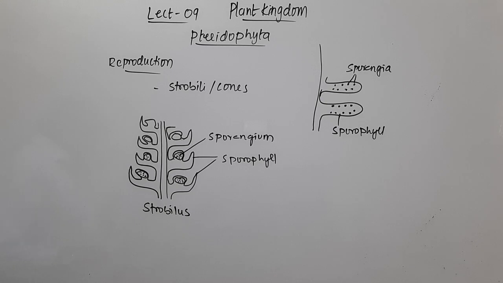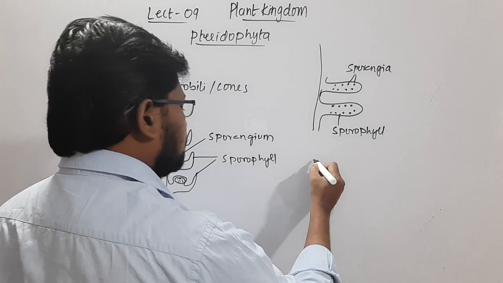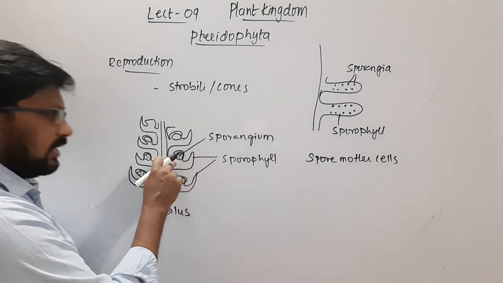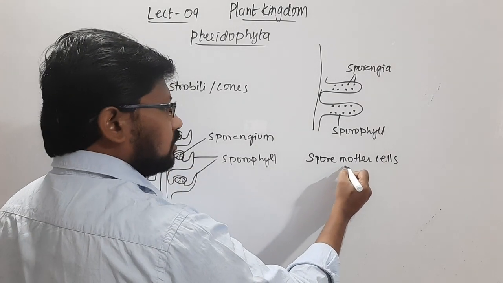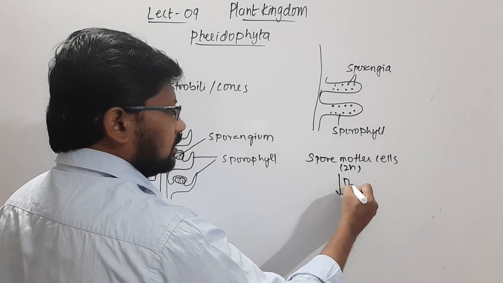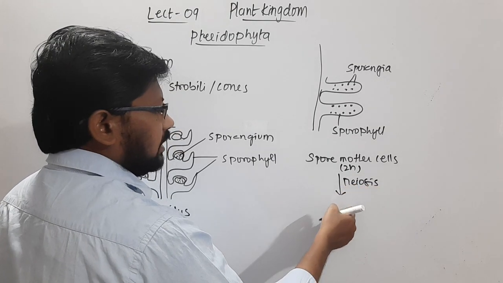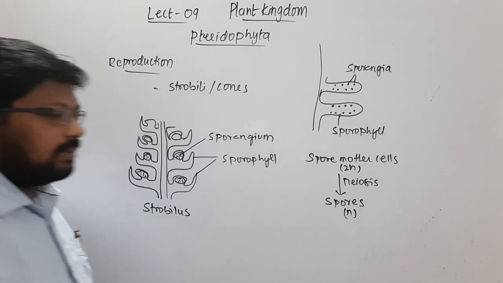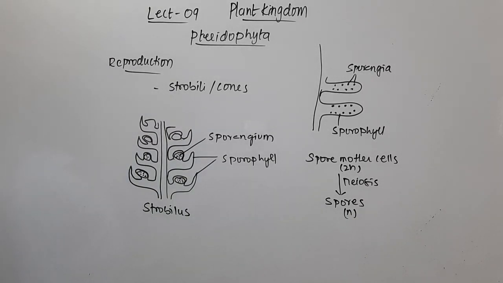Whatever spores are formed, these spores are formed by the process of meiosis from the spore mother cells. There will be spore mother cells present inside the sporangium, and these will be diploid. They undergo meiosis and result in the formation of spores, and these spores will be haploid. These spores will be released, and when they get suitable locations, they germinate and give rise to